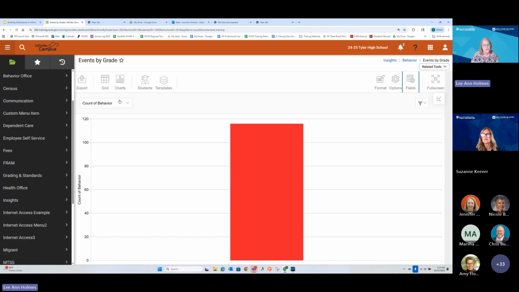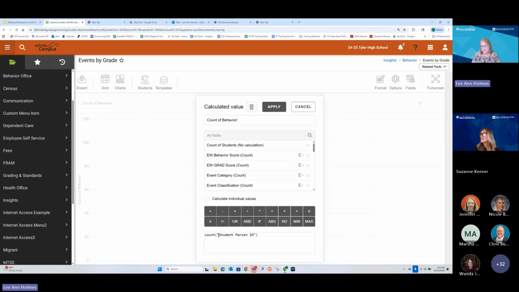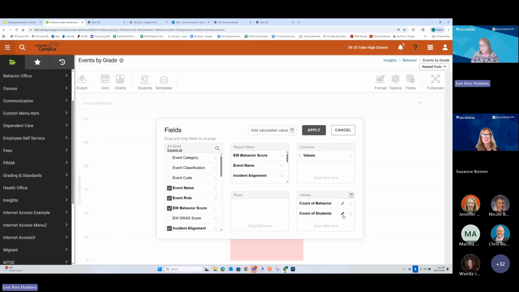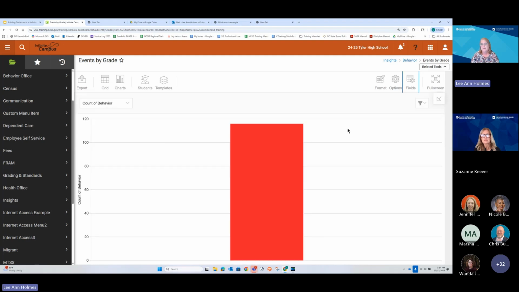Now, one thing I didn't show you in the earlier session, so those of you that are doing this one in addition to the one that you did this morning, notice that in my formula fields, this count of behavior is what's called just the count. It's counting every behavior that's been added into the system. And this count of students is counting my distinct count of students. So if I want to know how many behaviors I have in the system, then if I hover over this, there are 116. But if I want to know out of these 116 behaviors, because I may have repeat students, how many of those students are actually